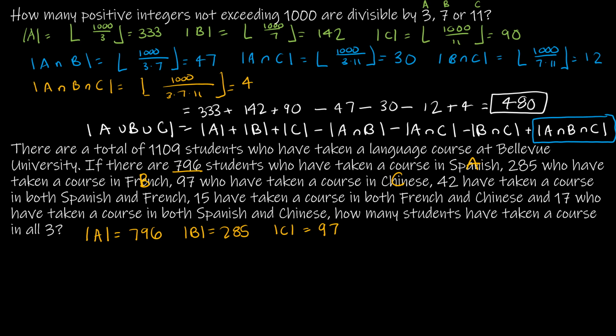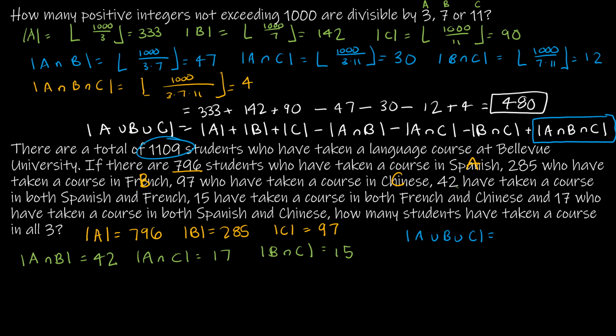Then we'll take a look at intersections. A intersect B, A intersect C, and B intersect C. So we have 42 in Spanish and French, that's 42 here. 15 in French and Chinese, that's this one. And 17 in Spanish and Chinese. And then again, we already know that the union